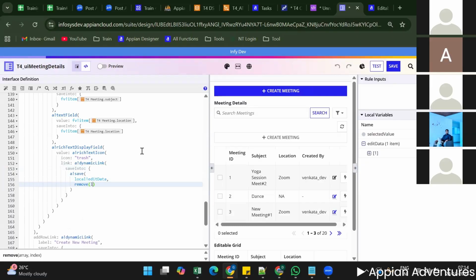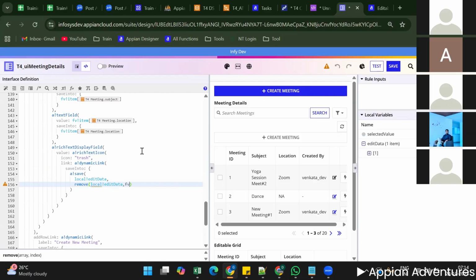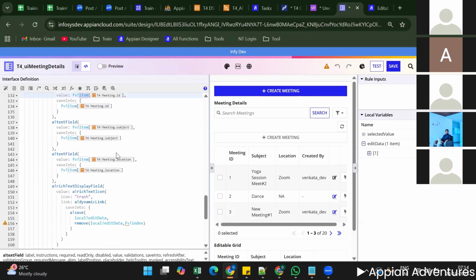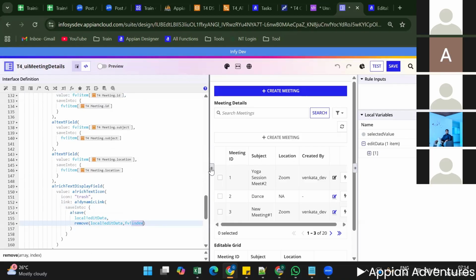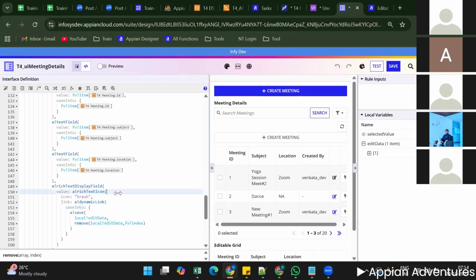I can pass the array here, local bank edit data. Then I have to pass the index. How can I pass the index? By using the fvbank index. In the for each function, we can use the fvbank item for the current item. If you want to know the current item index, you can use the fvbank index here. So now you can see here, the color will be red only,